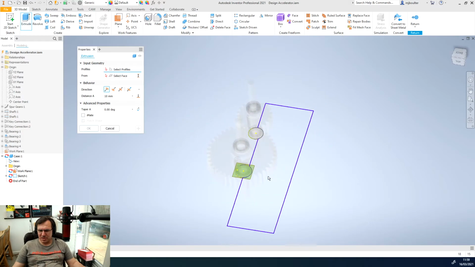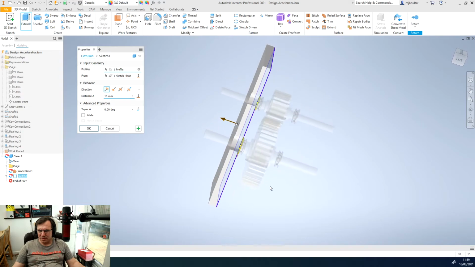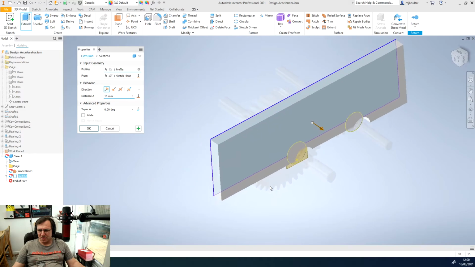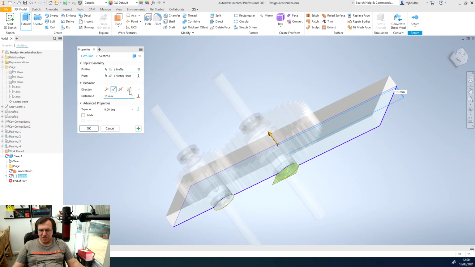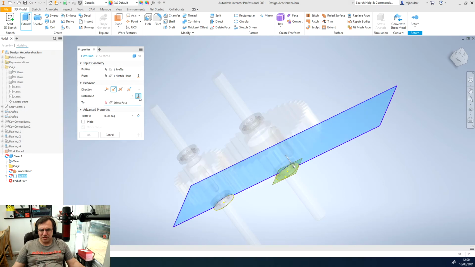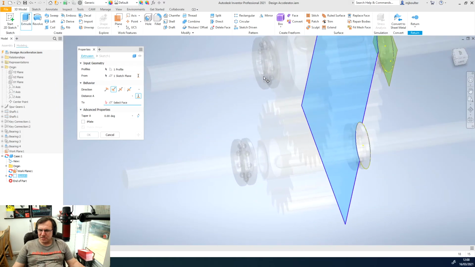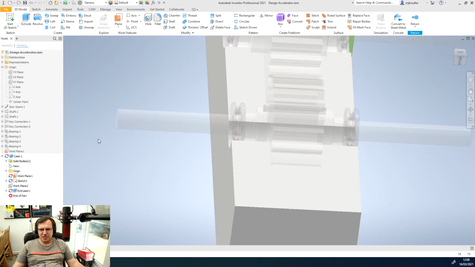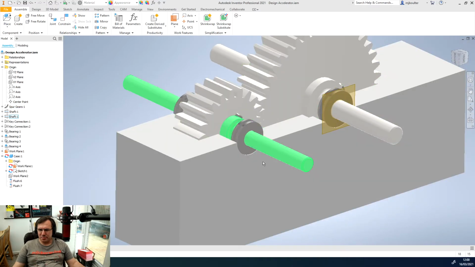Spin around so I can see it better. Lost my orientation for a minute. And we'll extrude it to this face of the other bearing. We'll click OK, and then we'll return, and we've got this block that we can, if I just go back